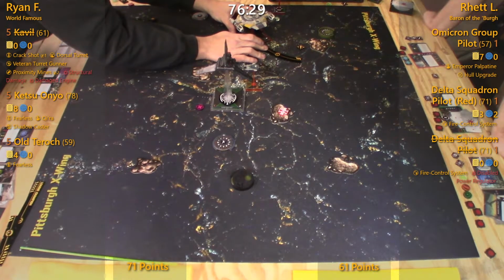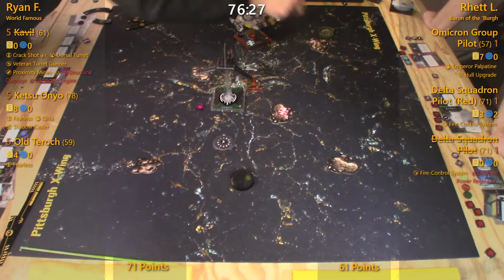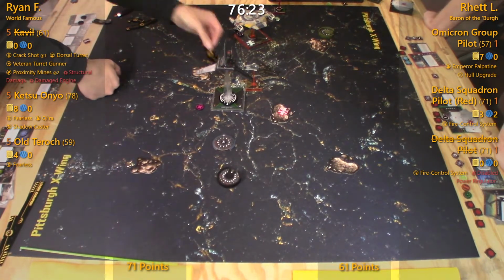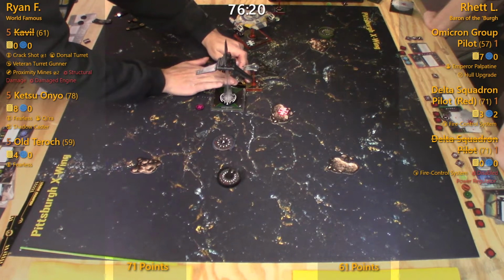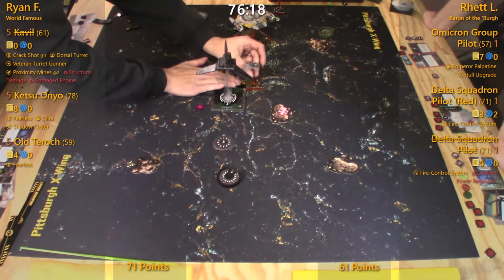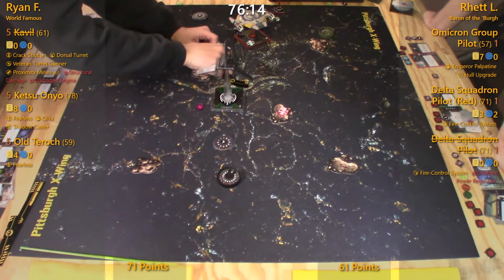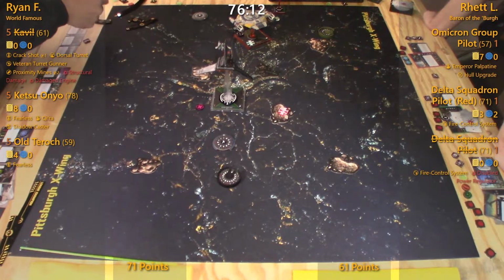I mean, that was a good move by Rhett. That was a great move by Rhett. All Rhett is really doing here is using the defender as bait. Gets Ryan to turn towards the defender, and now he's gonna...